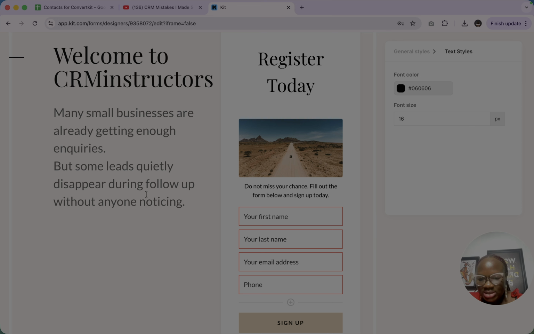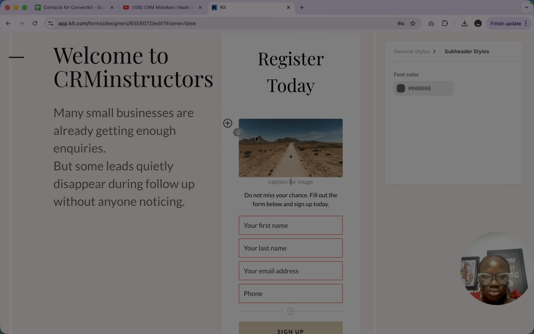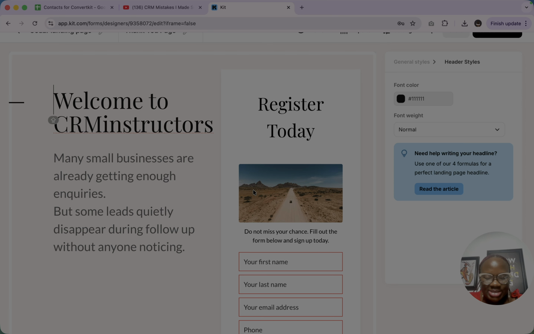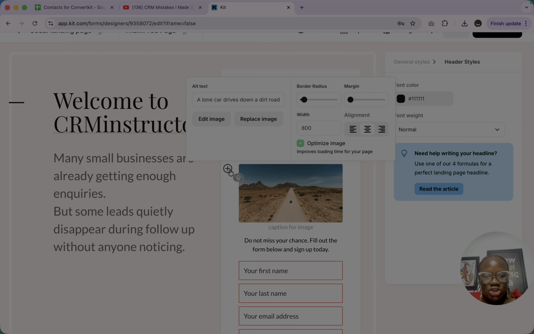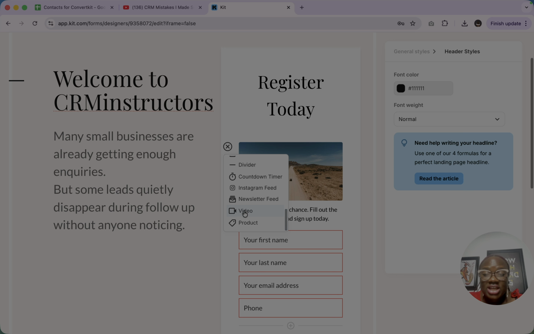So inside of this place also, you are going to see, as you can see, that image has been added. Instead of adding the image, you can also add in another thing. Maybe you can add in icons for your socials, you can add in dividers,